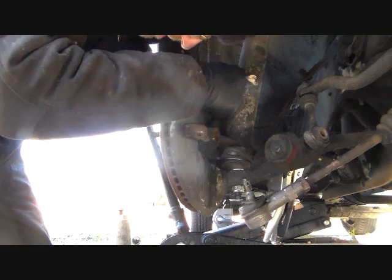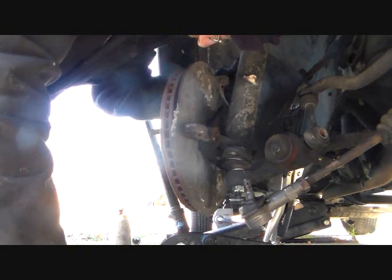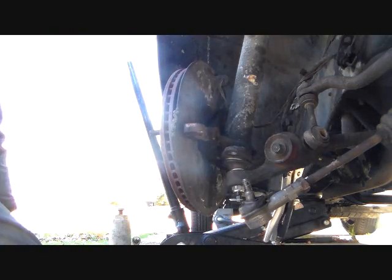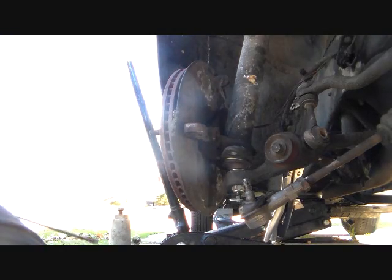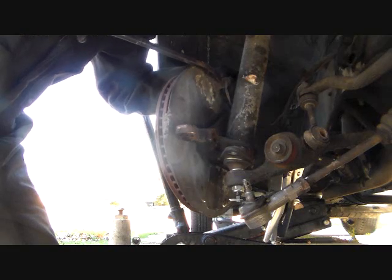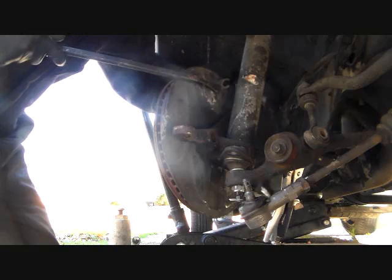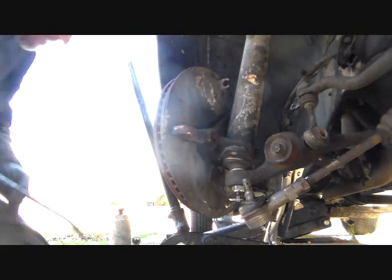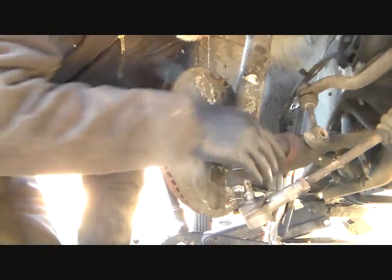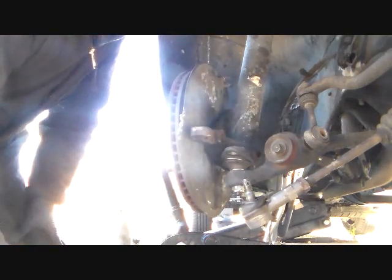How the hell's that gonna come out? Oh man. I thought it was made into it. Oh man. Pry it out. Pry it out. There you go. Get out of here. Okay. Now all you got, ow, damn it. All you got here is just the strut assembly now, just hanging out under here. So we gotta